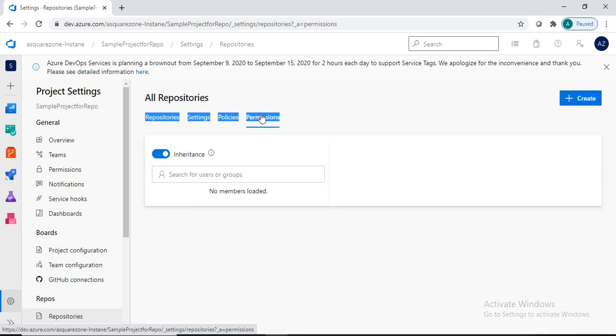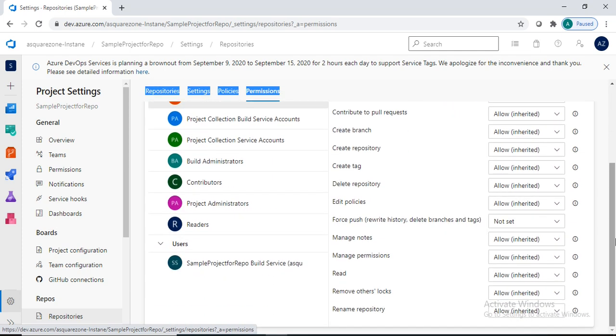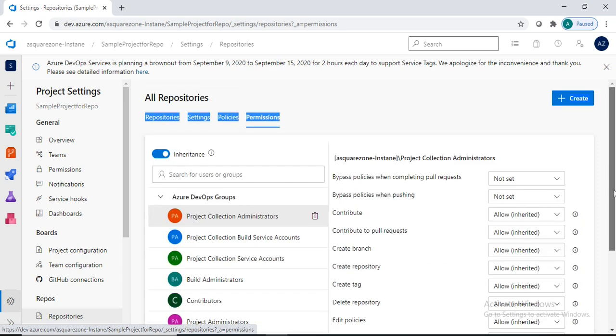And permissions, here we have user as well as group permissions. See here, Azure DevOps groups. So what are the types of groups we can see here, as well as users? As I am only the user in this group, it is only a square zone. So this is my project name here.